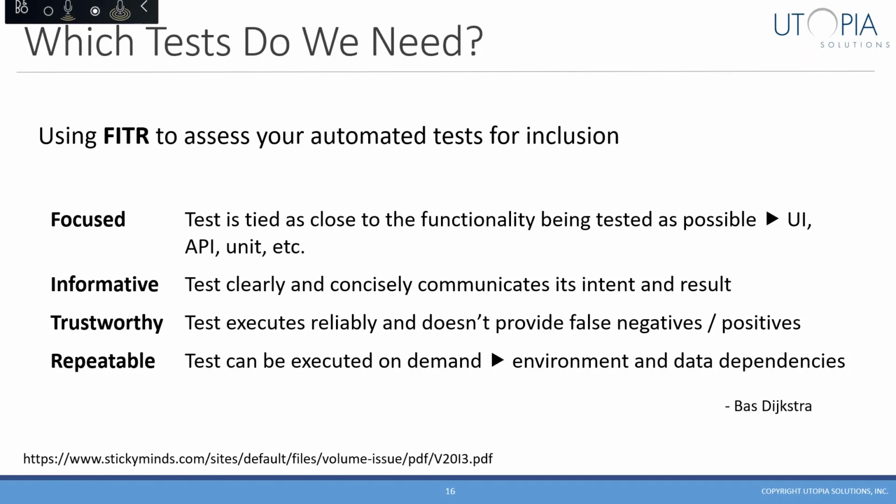Next is informative. And I think if tests are focused, that will help them to be much more informative. But I think we can also do more. The test itself should be as self-documented as possible. Again, in a vast majority of the cases, these tests are implemented in code of some sort. So someone looking at that code should understand its intent, not have to wait until looking at a report or some type of test results to understand what was going on. And similarly, that output, the logging and reporting, should provide us some detailed feedback as to what happened, especially if an issue is encountered.